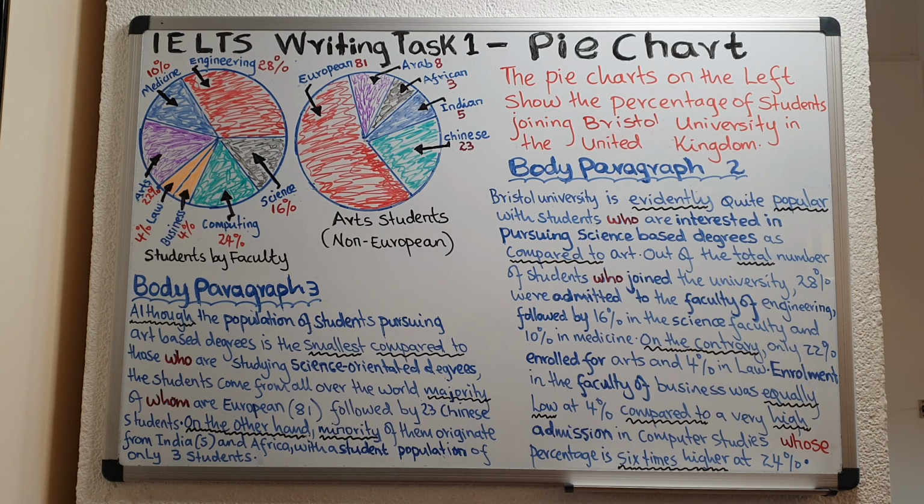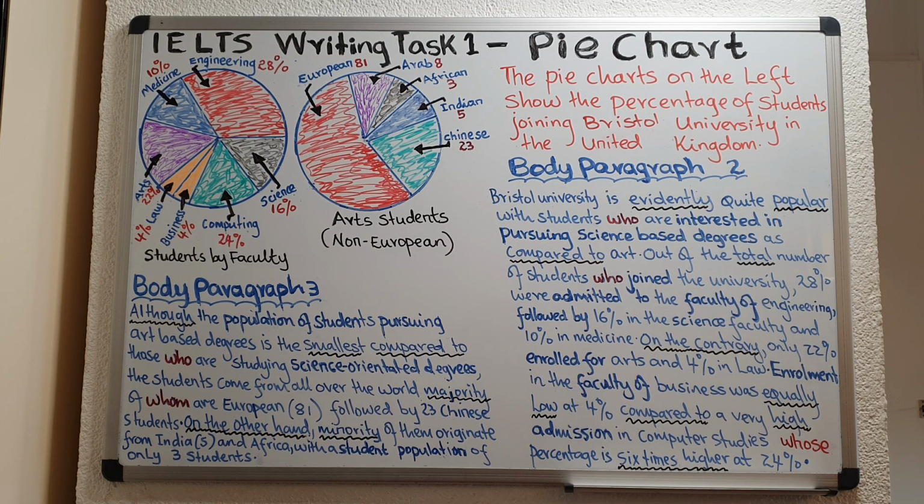Now, the other thing is obviously ensure that you understand the data that is provided to you by IELTS. First of all, make sure that you read the information they have provided you with. In our case, the information is the pie charts on the left show the percentage of students joining Bristol University in the United Kingdom. Now, once you have read the information, then look at the pie charts and make sure that you understand the data very well, because you're going to use that data to write your introduction, your overview,